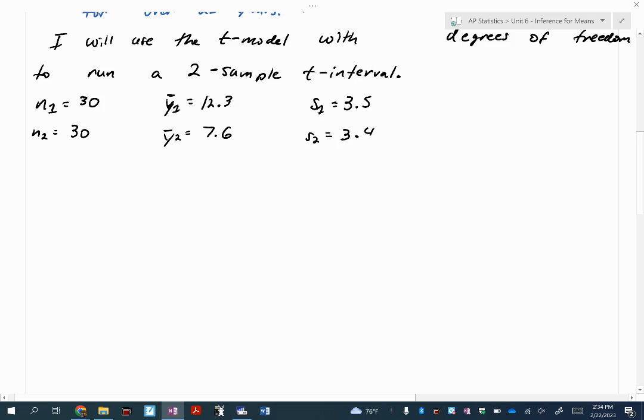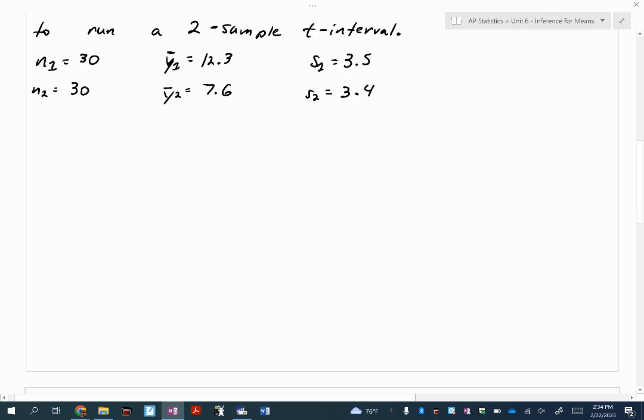All right. Let's write down the formula. You will get this formula tomorrow. You probably won't need it, but maybe you do, because there will be two multiple choice questions on the back. Well, there's a free response, which is the bulk of it. Plus or minus T star times the standard error. Oh, I wrote a P. y bar 1 minus y bar 2.